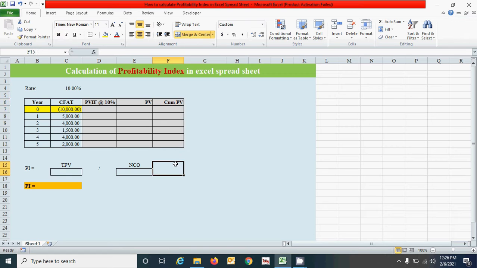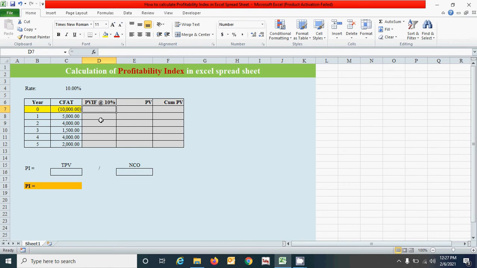I have made this cell dynamic to display our discount rate here. Whenever we change this rate from 10 to any number, the discount rate will automatically change here, along with the PVIF word. How to make this cell dynamic, you can watch in my previous video. It is simple, just use the and percent here.